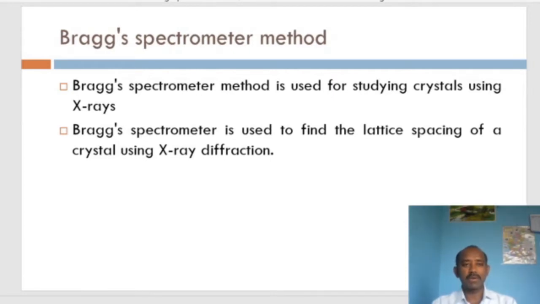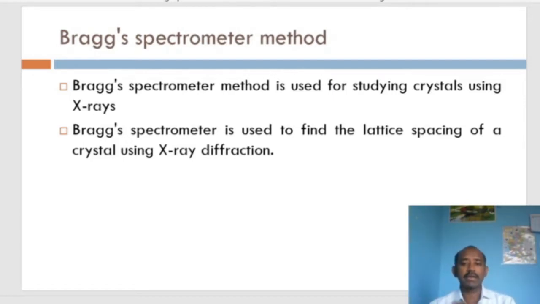That is W.L. Bragg and W.H. Bragg, the son and father. Those two crystallographers used this method to find the crystal structure. And the Bragg spectrometer is a device that is used to find the lattice spacing of a crystal using